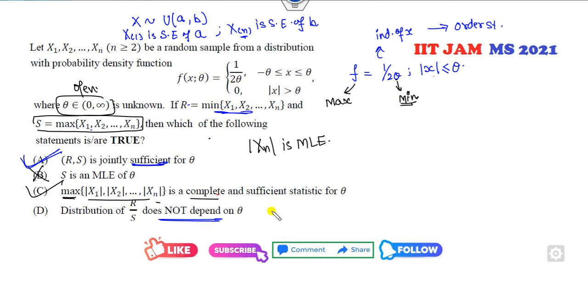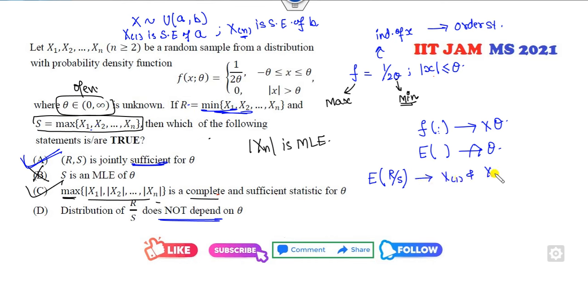It does not depend. So if I say f is my PDF, this does not depend upon the theta. That means the expected value of this random variable also does not depend upon the theta. So I can find the expected value of this. Fine. Now clearly R is my minimum, S is my maximum, so they are x1 and xn, they are independent. So once they are independent, which theorem can you apply? So by using the Basu theorem, we can see